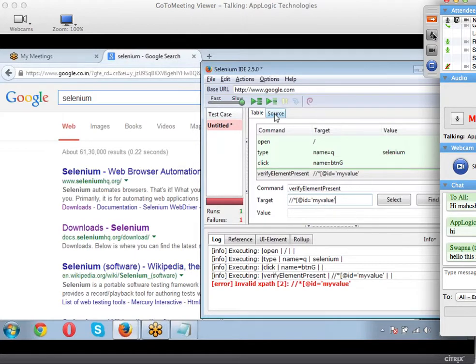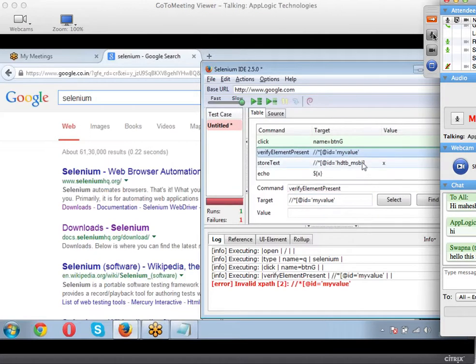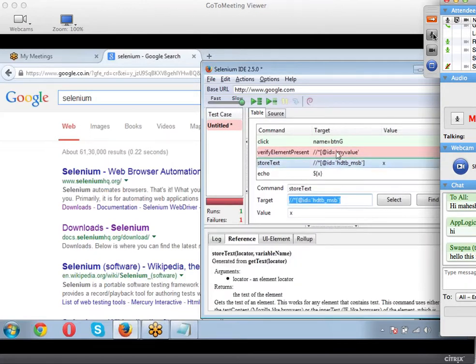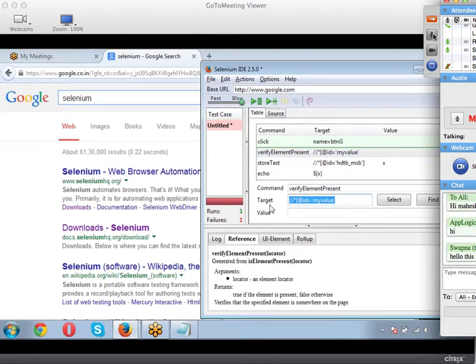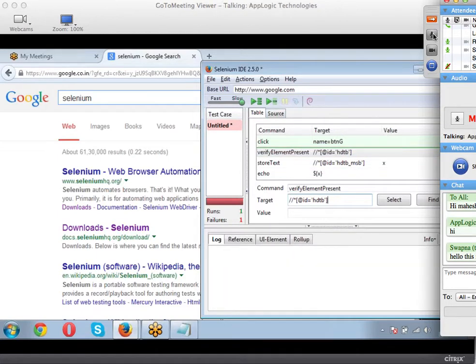Okay, it's nice. Hang on. I'll just write this. I think I have not completed the export, that's why it's giving me an error.